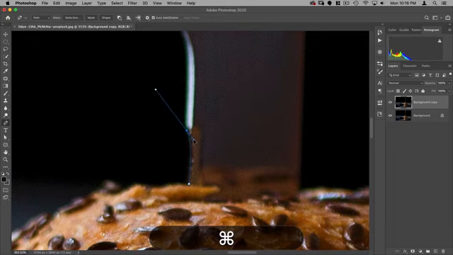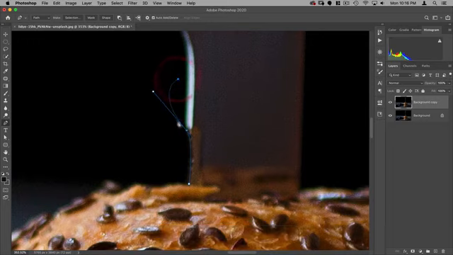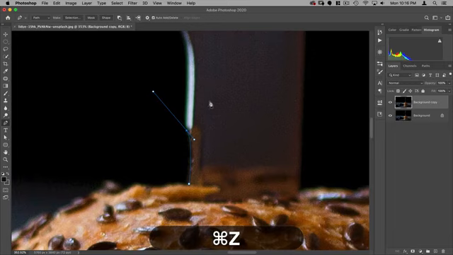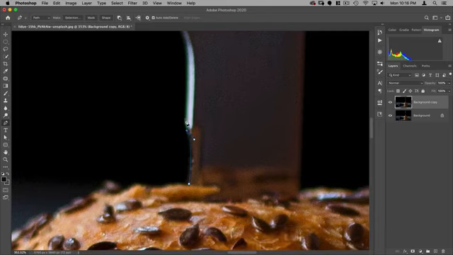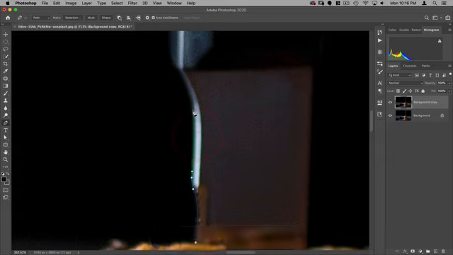All right, so in this case, I just want a little curve like that. Now, if I make a next line, the next part of my curve is going to be affected by this line, which I don't want. So let me Control Z. What I can do is if I click here, hold down Option, it's going to cut off that handle. And whatever I do next won't be affected by it.